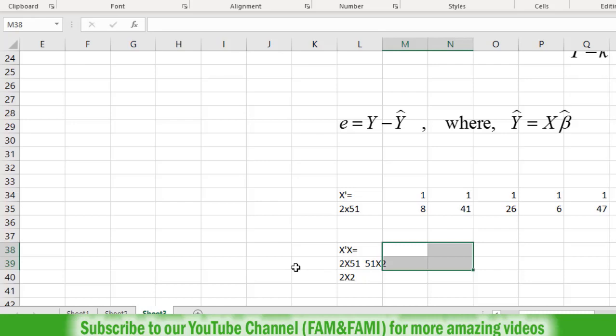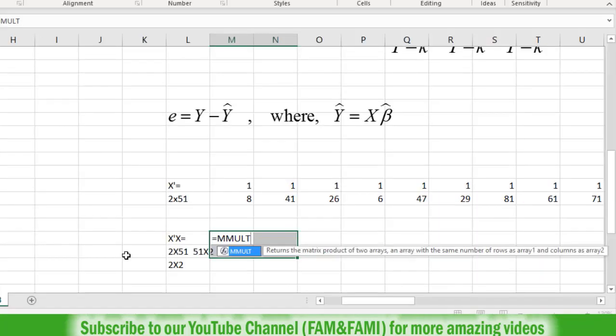Once you are done with the selection, put an equal sign and then type M. M stands for matrix, MULT for multiplication. So this is the command in Excel to calculate the product of 2 matrices, MMULT. Now the first argument, array 1, is X transpose, and after a comma, array 2 is this X matrix.